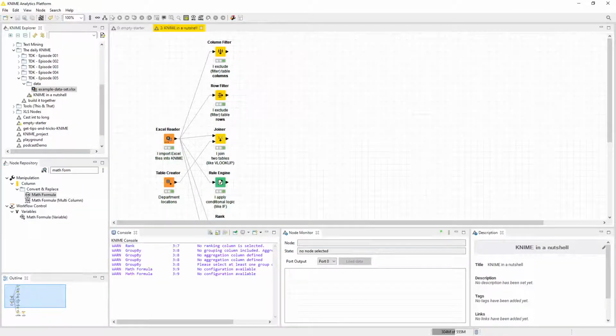So let's call KNIME. Here it is. And let's just have a look at some of the standard nodes that you can find here. For example, let's start with the Excel reader. I have labeled them basically with what they do. The Excel reader imports Excel files into KNIME, and we have covered that in the first and in additional videos